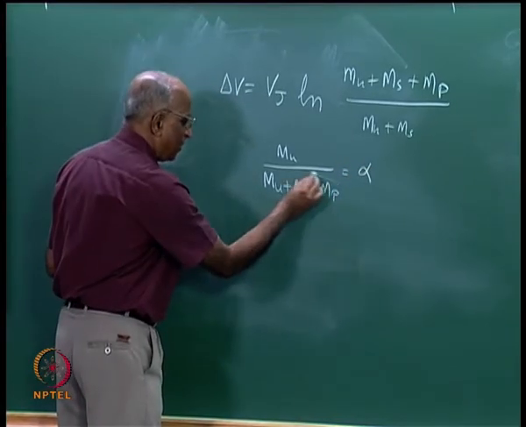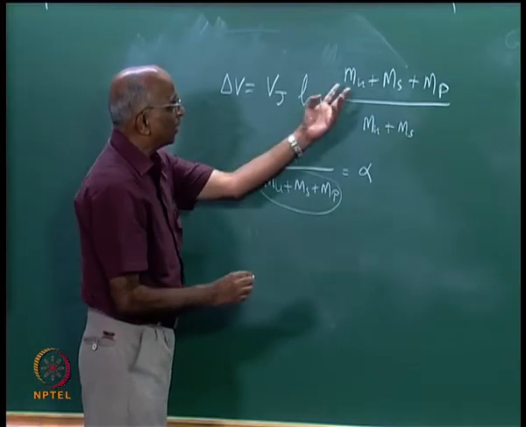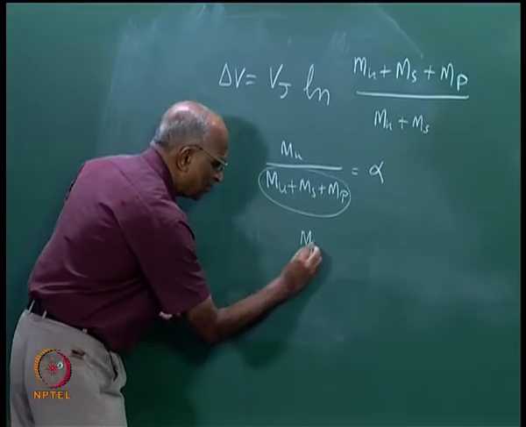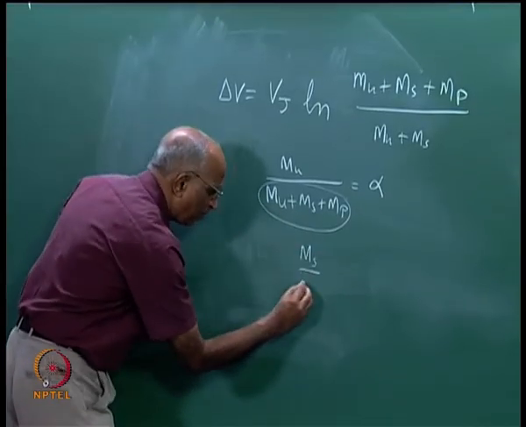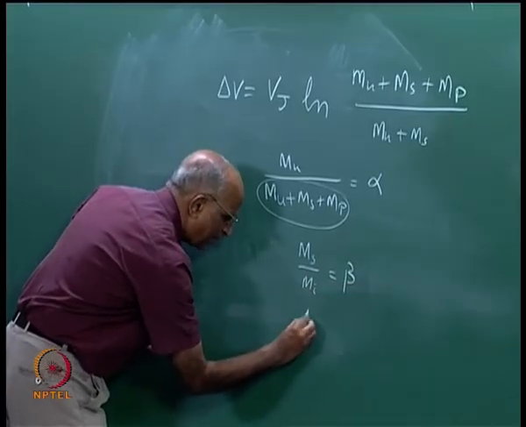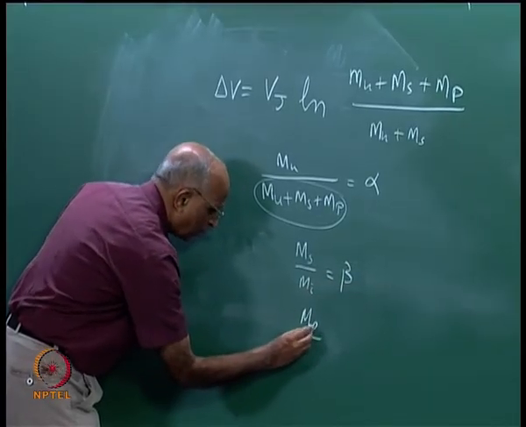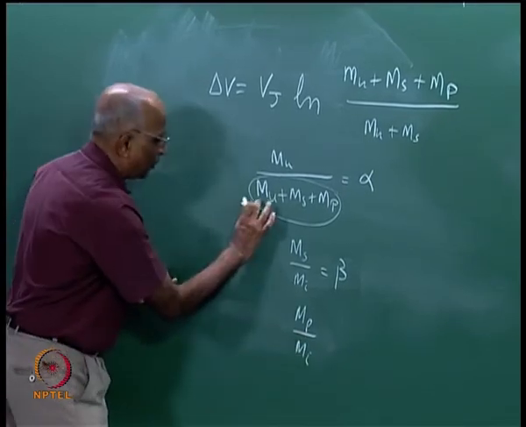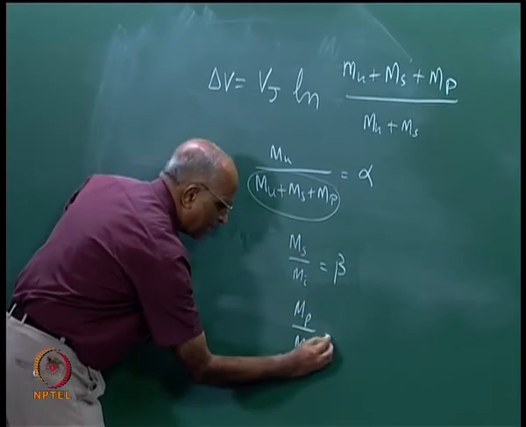This is the initial mass of the rocket. I non-dimensionalize the payload mass. Similarly, I non-dimensionalize the structural mass by the initial mass as beta, and similarly I take the propellant, I am sorry, the propellant divided by the initial mass, Mu plus Ms plus Mp, as equal to gamma,